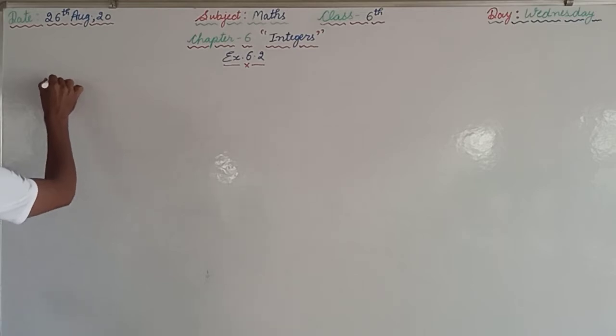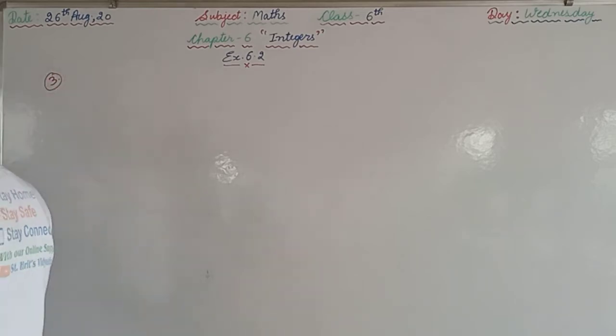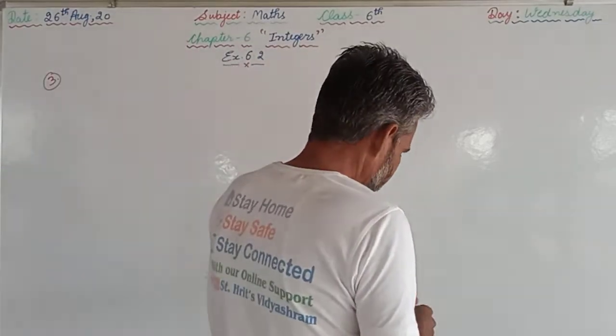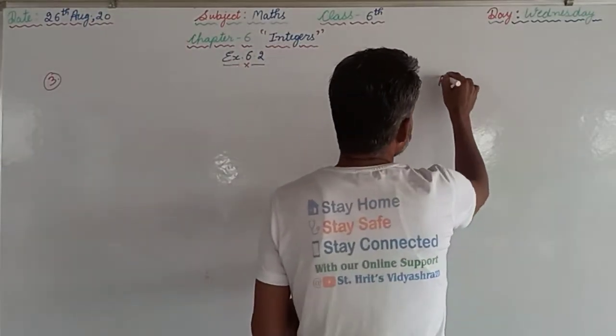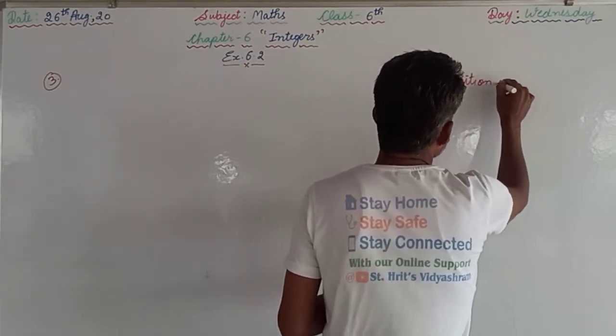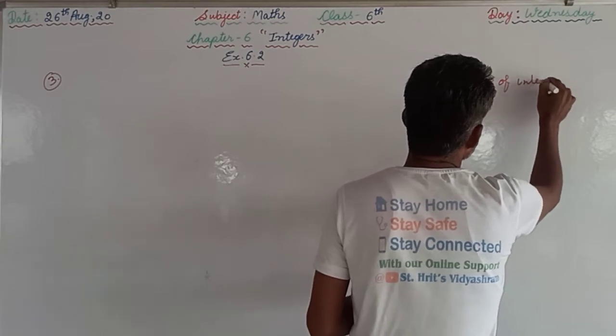In the first two questions, we have calculated the given expression with the help of number line. Now, in this question, we are not supposed to use the number line, as given in the question, add without using number line. So, for adding or subtracting the integers, first of all, for addition of integers,